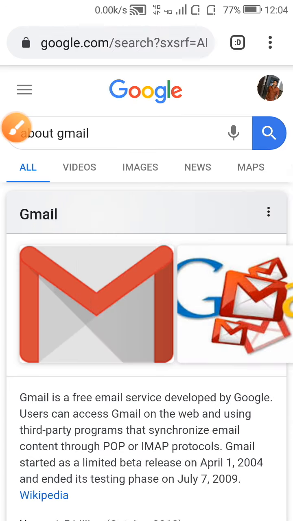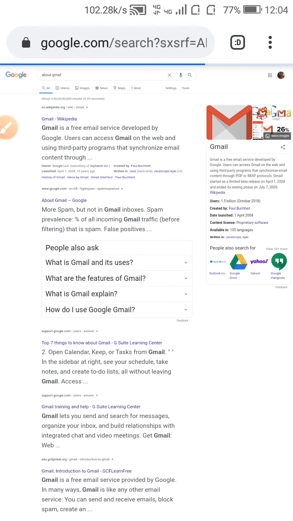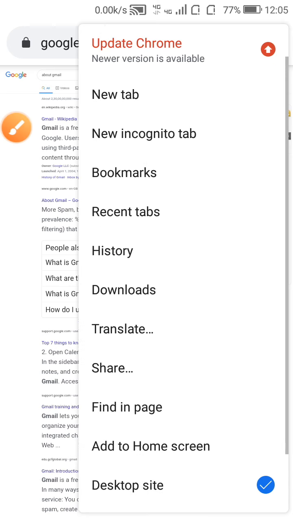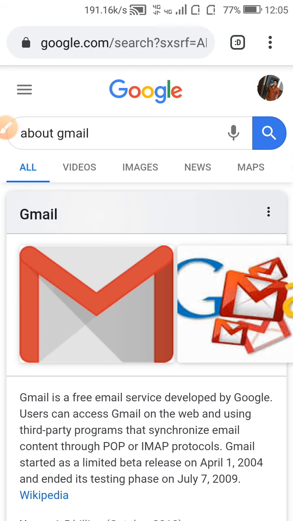By clicking here, your mobile goes to system monitor mode. By clicking desktop site, you go to system monitor mode. And then click here, 3 dots, and take it. Now mobile goes to Android mode. So these are all the main things. And then click here.